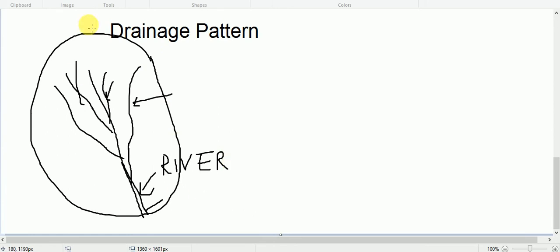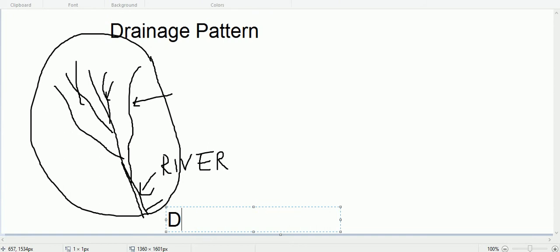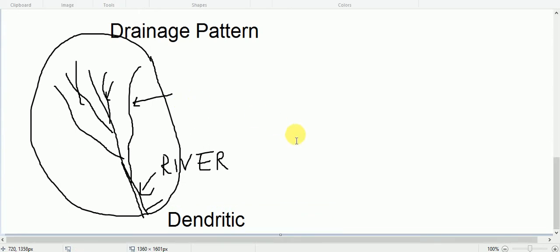And such a type of drainage pattern is known as dendritic. Okay, dendritic drainage pattern. Actually, it is derived from the Greek word dendron. Dendron means a tree. So if the river takes the shape of a tree, we call it dendritic drainage pattern. So the dendritic drainage pattern looks like this. Another pattern we have is